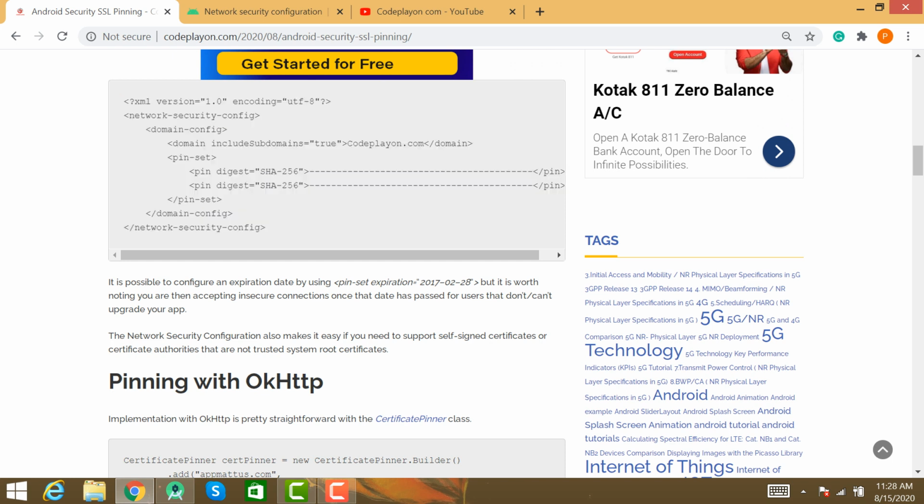If you have not used HTTPS, or the domain does not match, your application will not run. If you use any other domain, your application is not running.